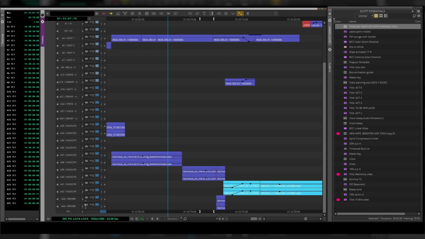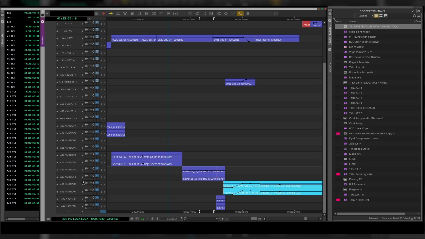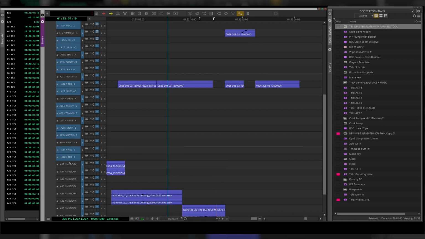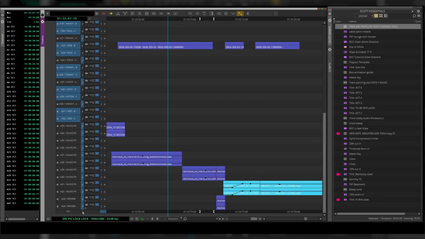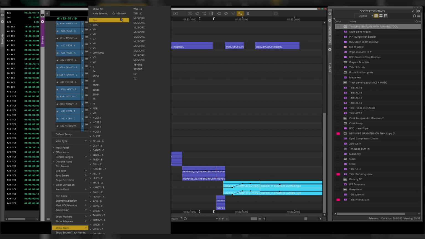Now a little caveat here. What I should have done before that is turn on the sync locks. It's very important when you're working on projects like this that you use this sync lock. But if I actually go back and go to standard, you will notice the ones I have selected do not have sync locks on. So before you do that selection, hit the sync lock. Then we can go and do show track, Control Shift H,